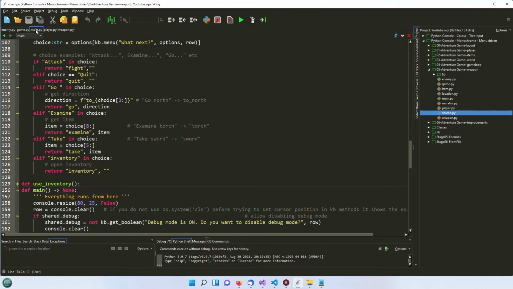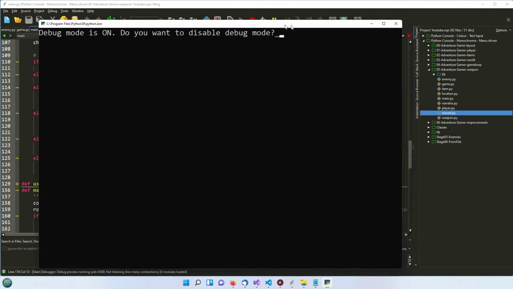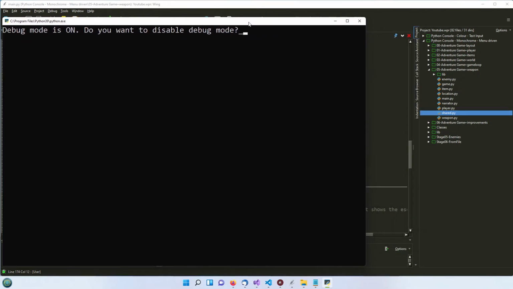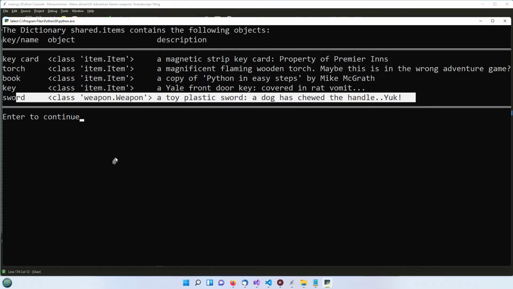Just make sure we're on the right place, and then we'll step through and show you all the code. I'm going to leave the debug mode on for the moment, although we have been turning it off in the last one. There's a couple of changes here. So first thing, of course, is the items, and you'll notice now we have a new item. We've now got a sword, and it